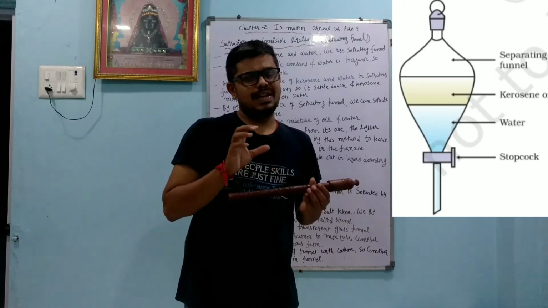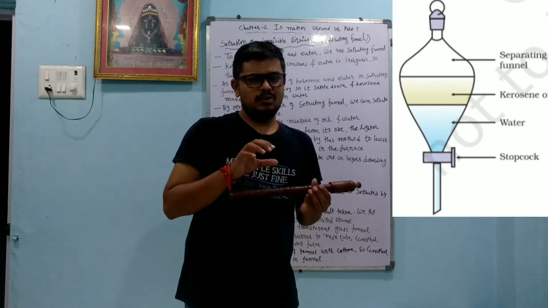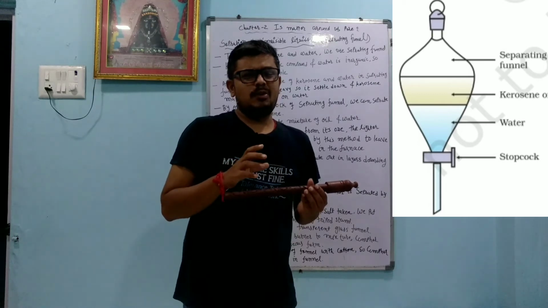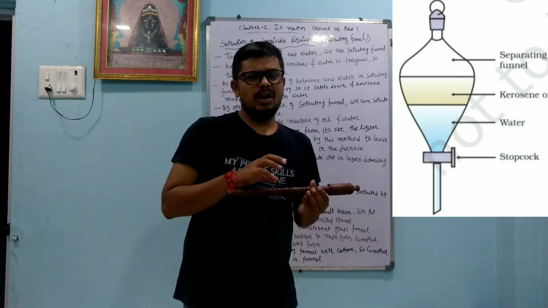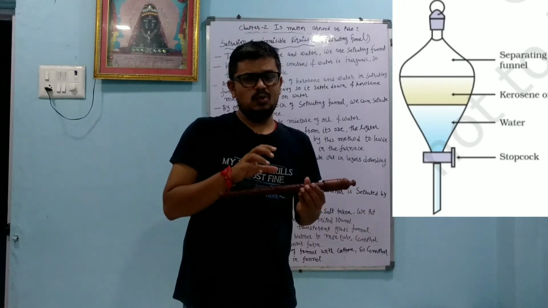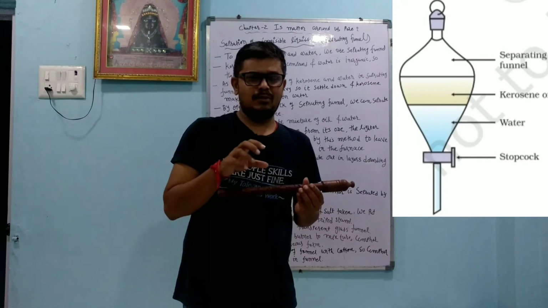Covalent bond means what? Sharing of electrons. In higher standards you will learn more about sharing of electrons. So they make the bond by sharing of electrons, so they are called covalent bonds. The other compound we have is the ionic compound. Ionic compounds are formed by the exchange of electrons. So those who lose electrons are positively charged, and those who gain electrons are negatively charged.